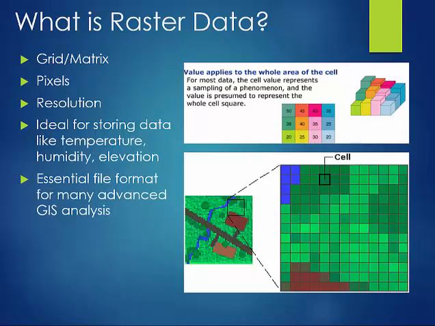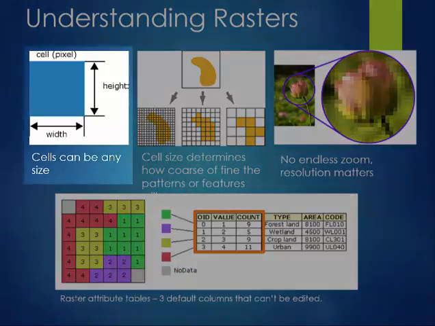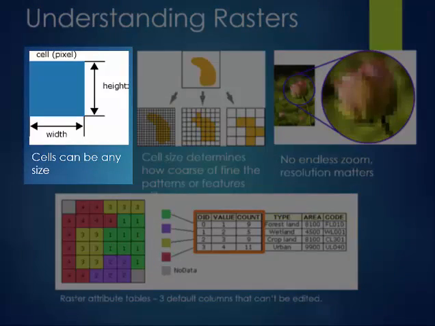Cell values can be either positive or negative, integer or floating point. Integer values are best used to represent categorical or discrete data, and a floating point is best to represent continuous surfaces. Cells can also have a no data value to represent the absence of data. A cell value applies to the center point of the cell and to the entire area of the cell as well. The dimension of the cells can be as large or as small as needed to represent the surface conveyed